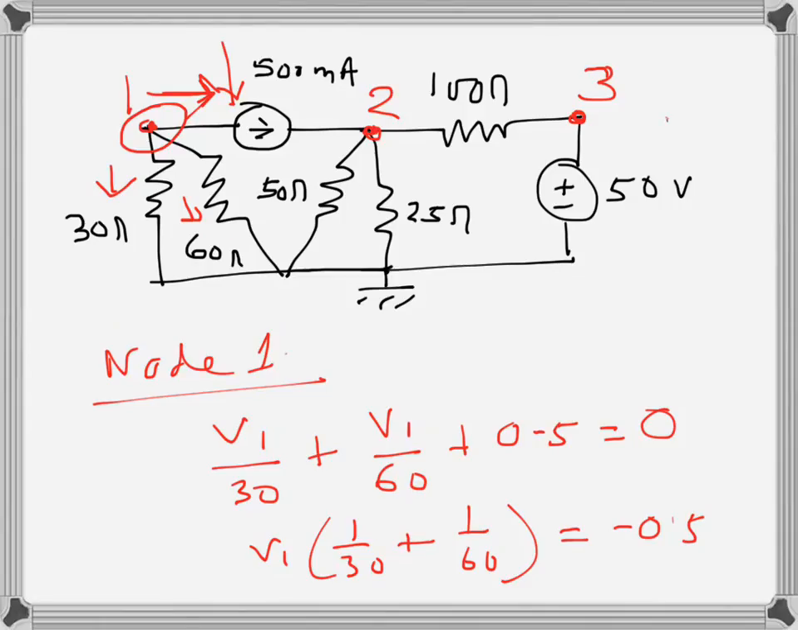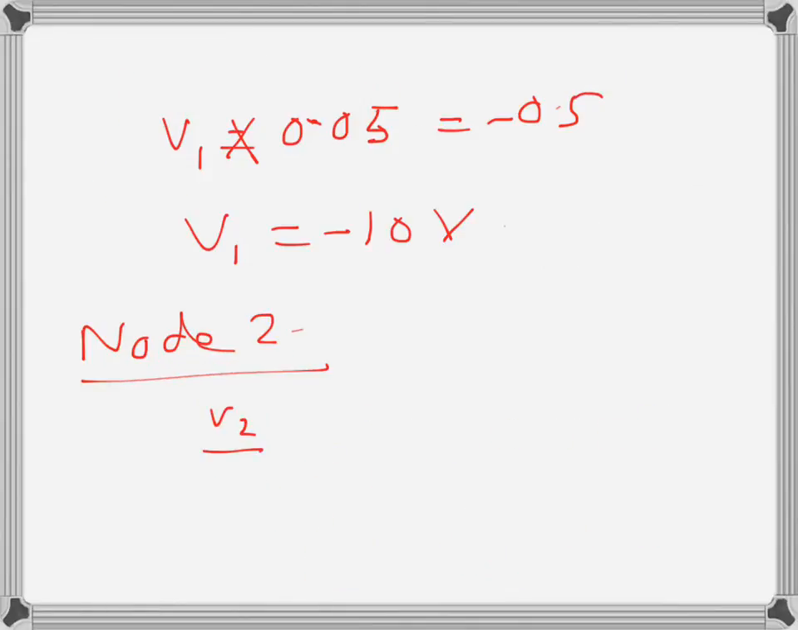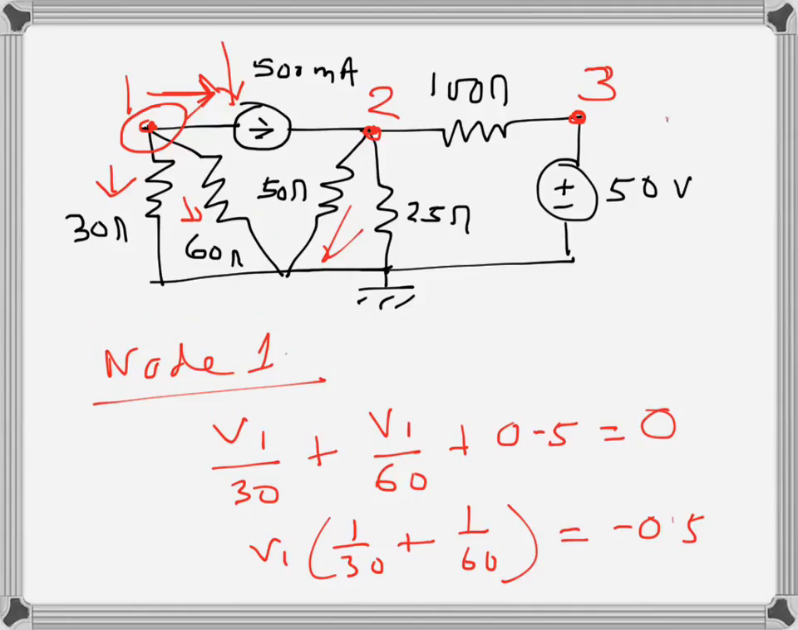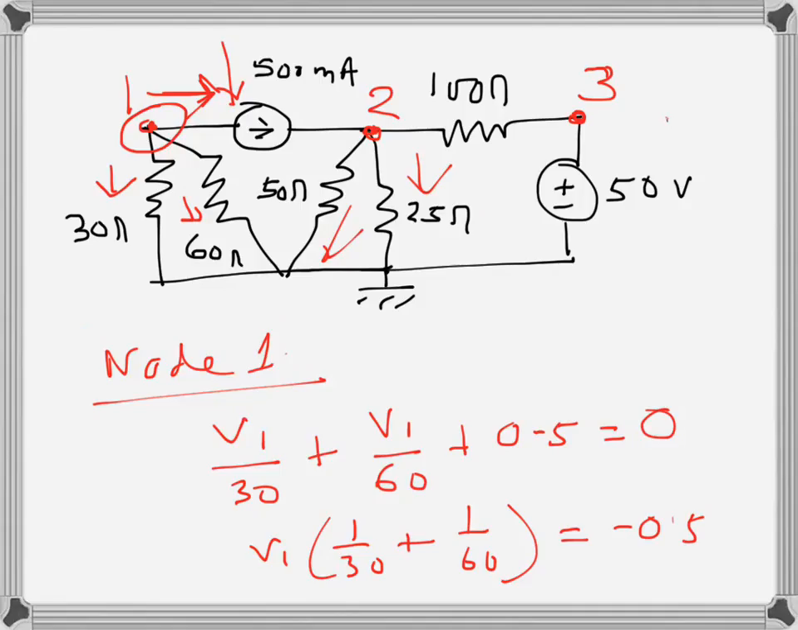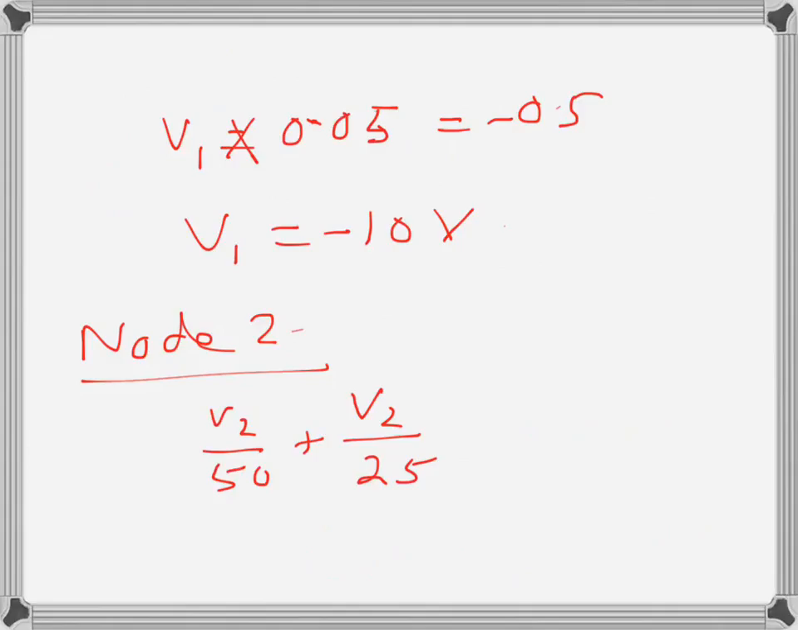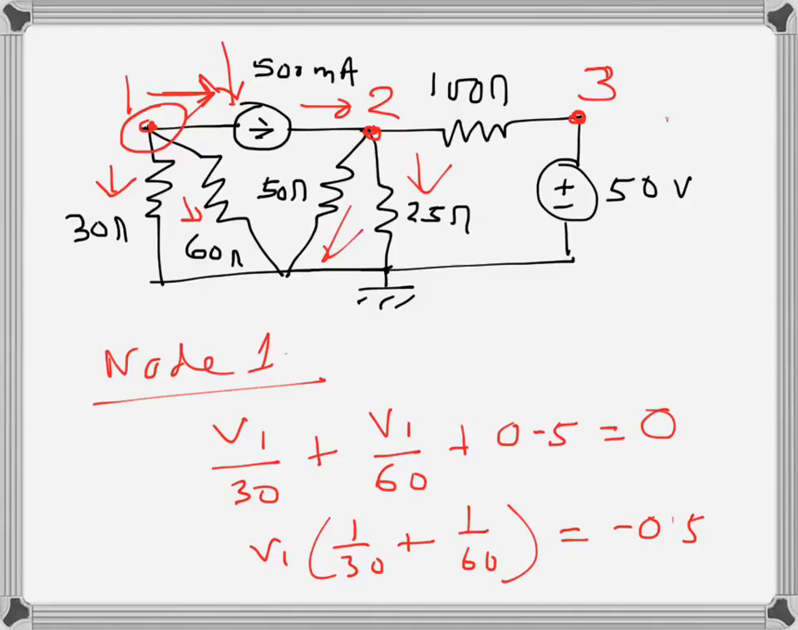Here this current is V2 over 50 plus V2 over 25, which is this one, and then finally this current is an entering current, so I will write it on the other hand side maybe. But before that, what we observe is we have to write this voltage V2 minus V3 over 100, but we